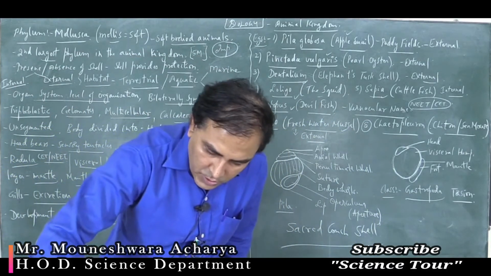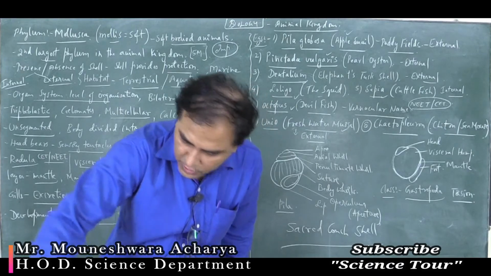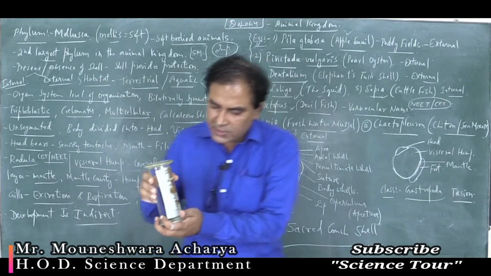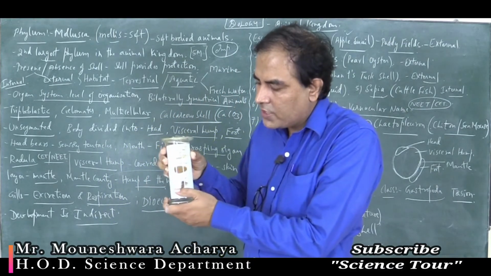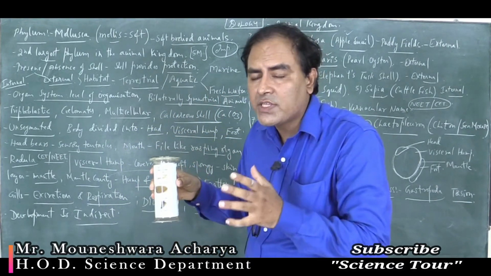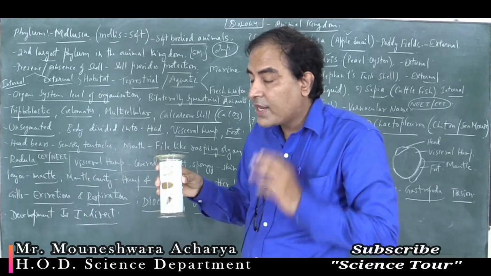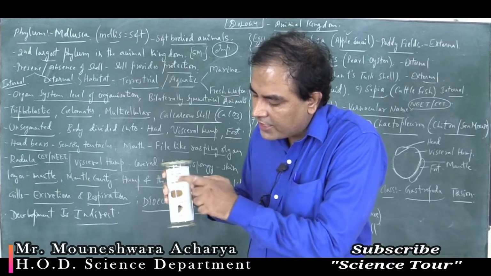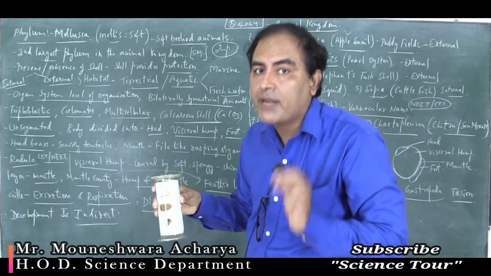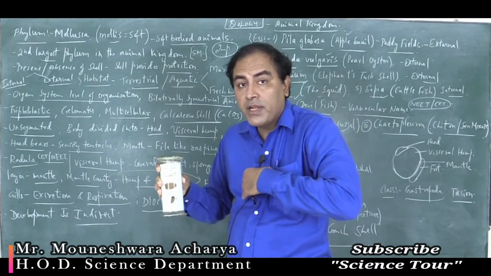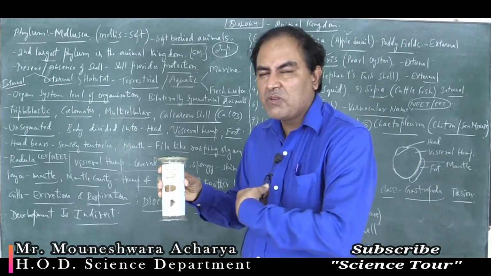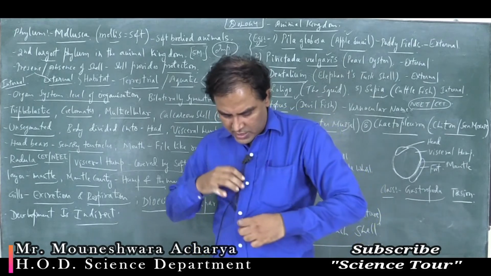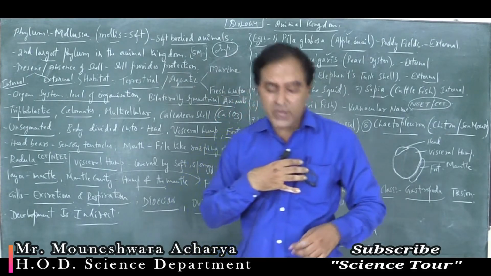So in the previous class I have completed arthropoda, right? So in the arthropoda there are some examples. This is the silkworm. The specimen is showing the life history of the silkworm. So they have eggs. Eggs will hatch and it forms a larva called a caterpillar. This caterpillar is a voracious feeder. So they mainly feed on the leaves of the mulberry plant.